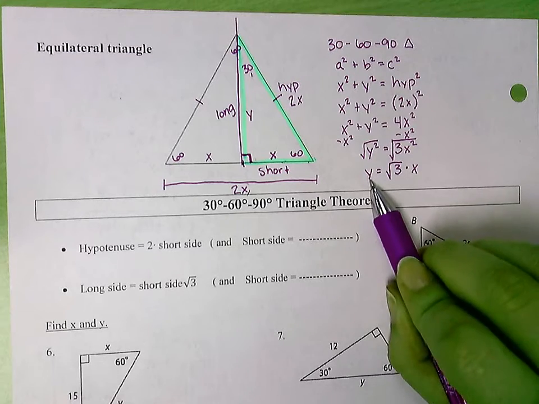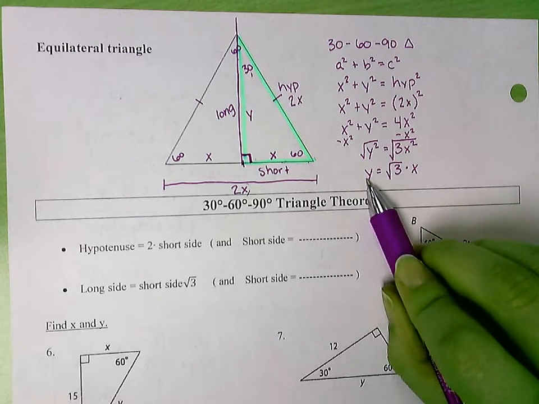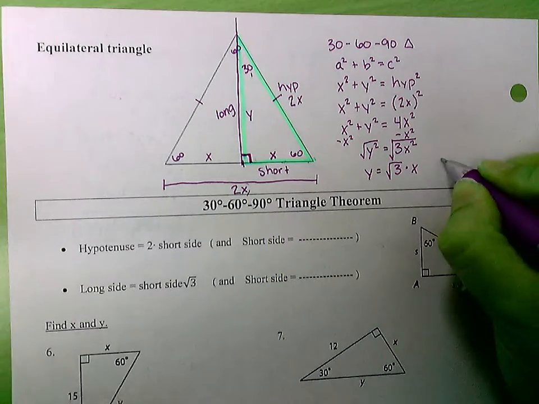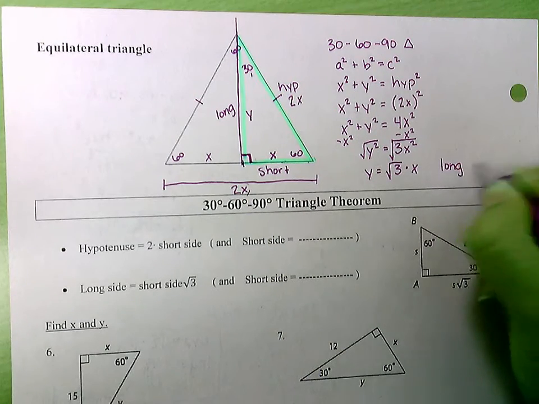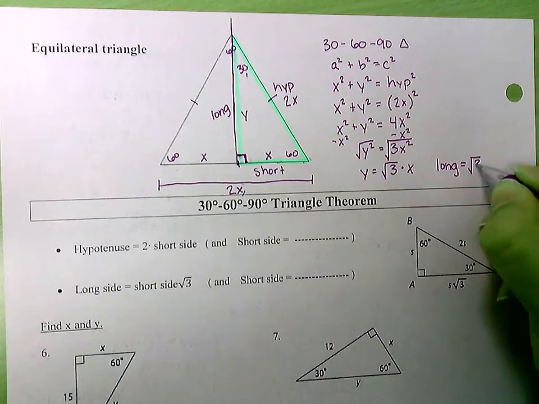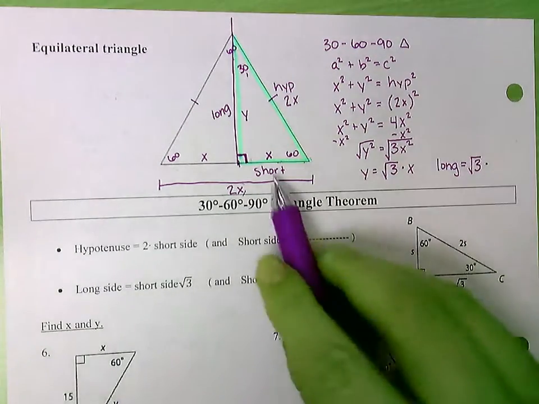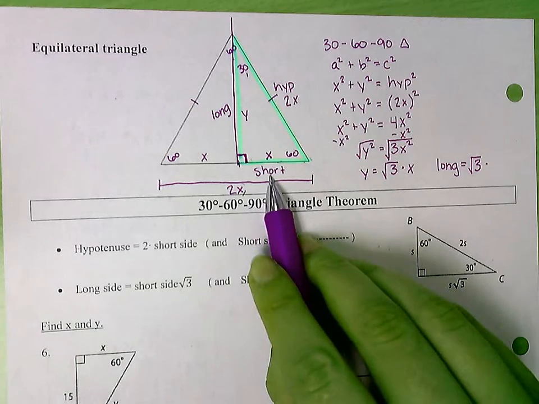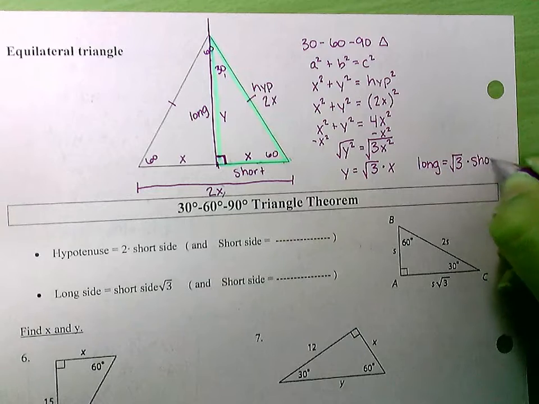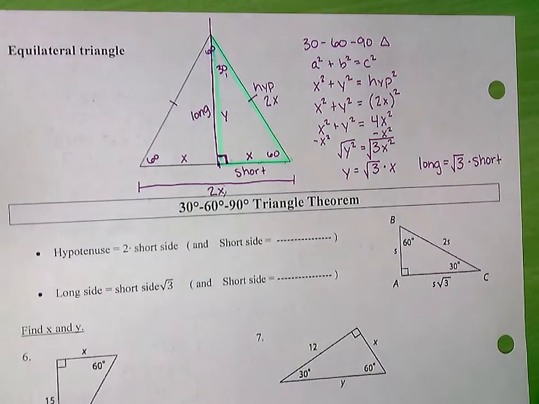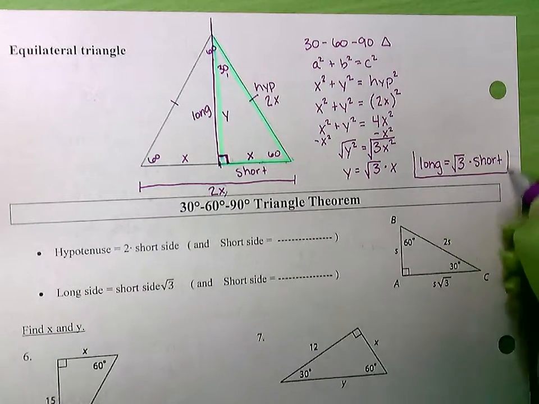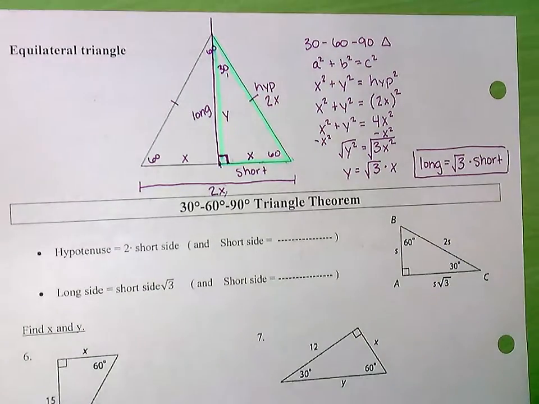Now I labeled my long side as y, right? So I'm going to replace y with long is equal to square root of 3 times x was short. Okay? So square root of 3 times short. This is the rule we're going to work with